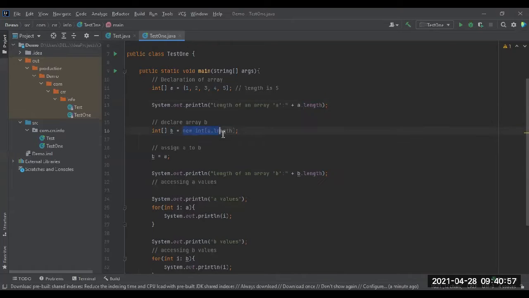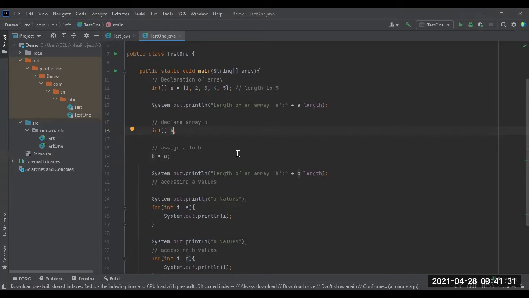So by using this, we are going to use this length over here. Why is it not highlighted? You have to remember this. Let me delete this one. Now we'll check whether the length is assigned or not. When we assign b is equal to a, there is no need to initialize the length for b over here. If you assign b is equal to a, it will automatically take it.